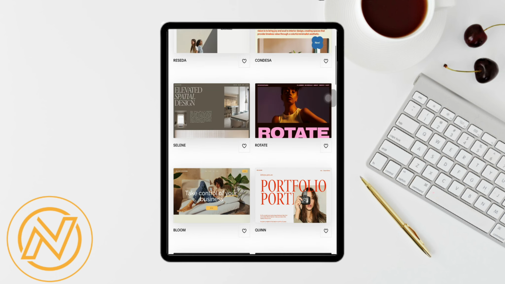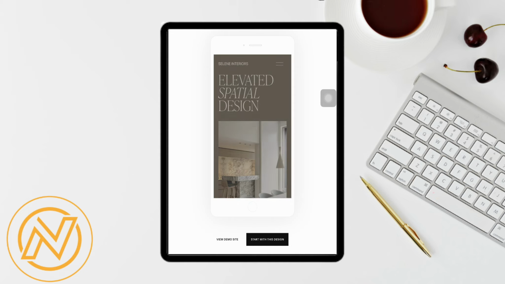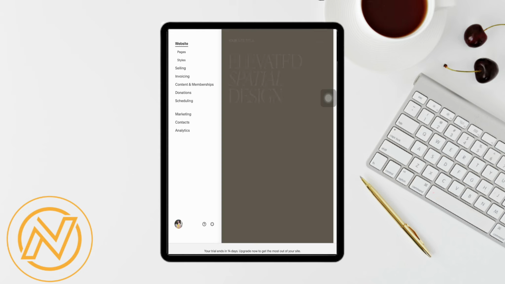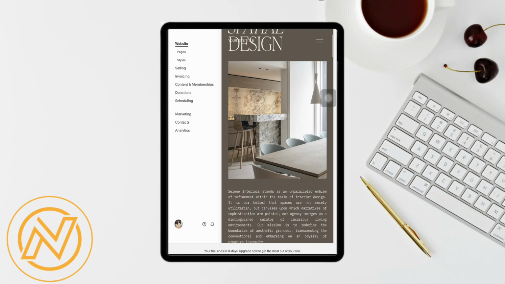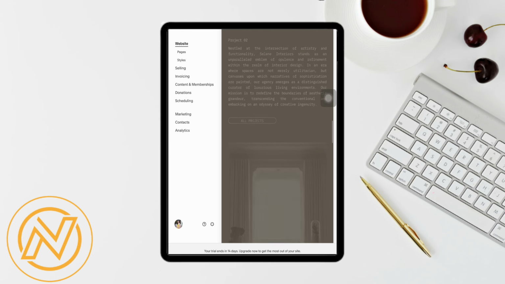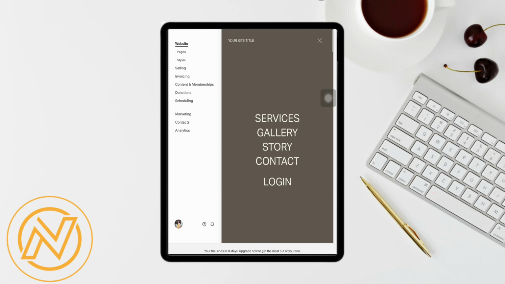So for example, I want to choose this particular template right here. Just simply tap on it, and after that just simply click on start with design. And over here now you can change the layout and the design, titles and color of the website as per your liking. And if you don't like this particular template as well, just simply click on the menu icon again,